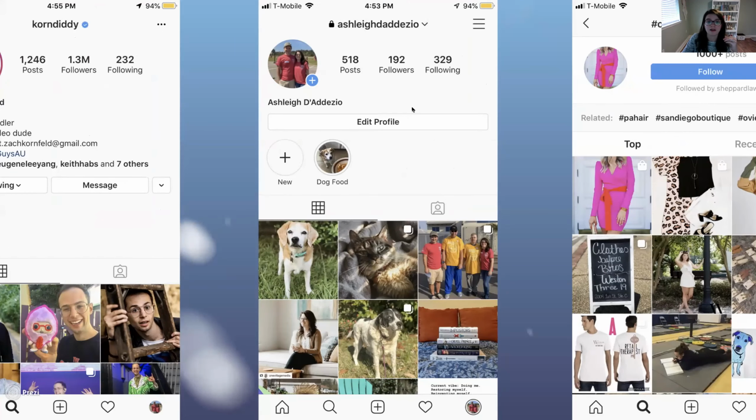Now this is mine. This is my private profile. What you'll notice is the difference: there is a little lock, a padlock, at the top because it is a private profile. His is not, his is public. So you can have an Instagram and not feel like your privacy is being violated as long as you make it private. I think a lot of people think that their Facebook and Instagram are private and they're actually public. So you always want to check your settings and make sure you know who can see what you post.